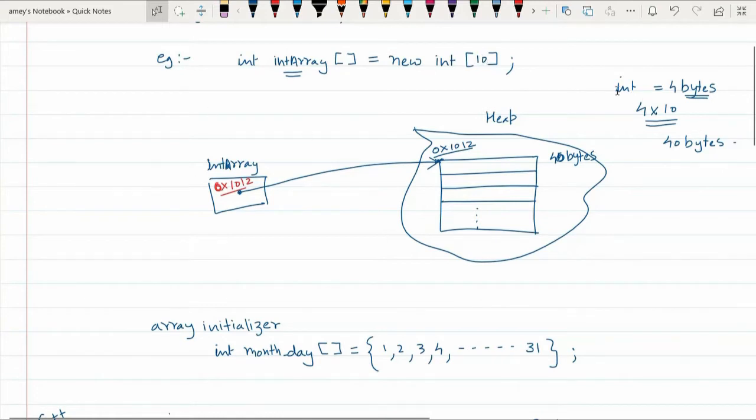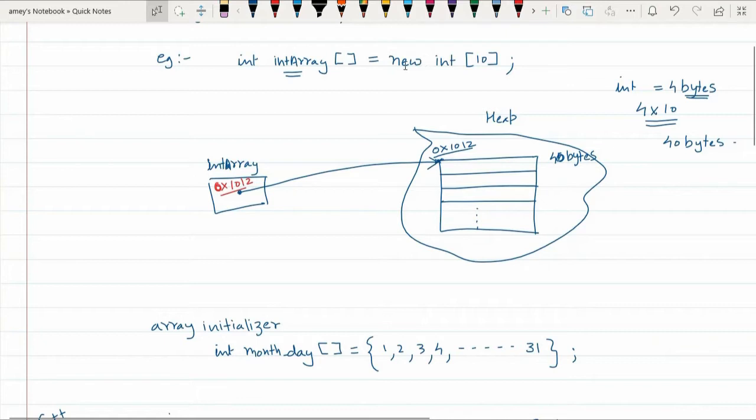Notice that a single integer takes 4 bytes, and there are 10 integers which are supposed to be contiguously stored in the memory. So, 4 bytes into 10 such integers, 40 bytes of memory has to be allocated in the heap area.